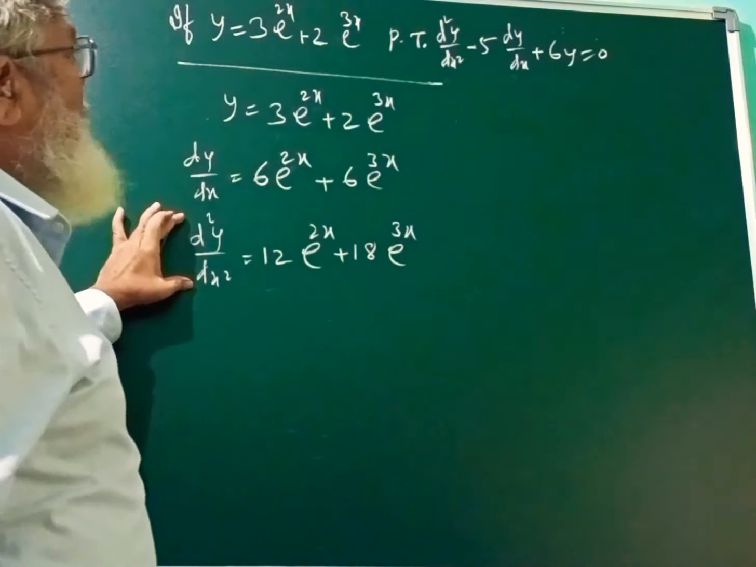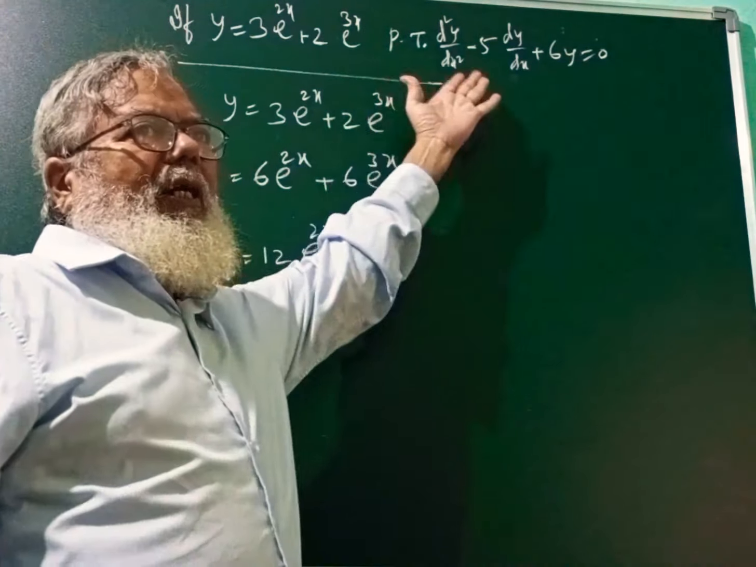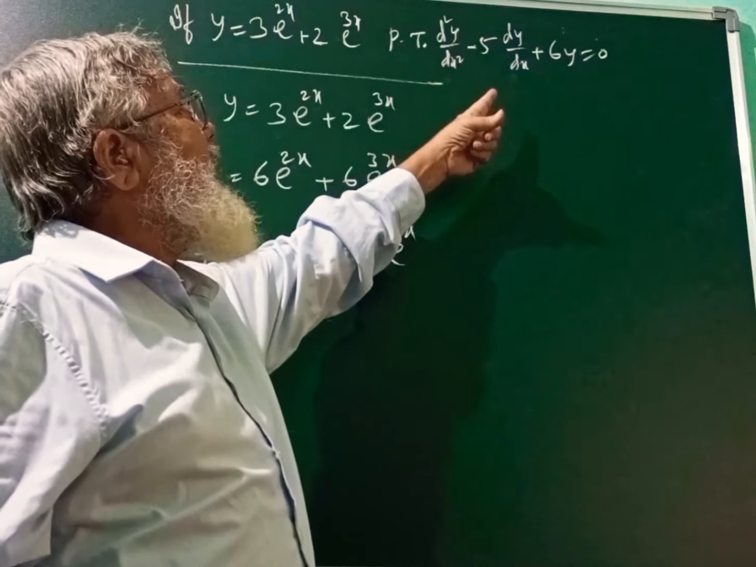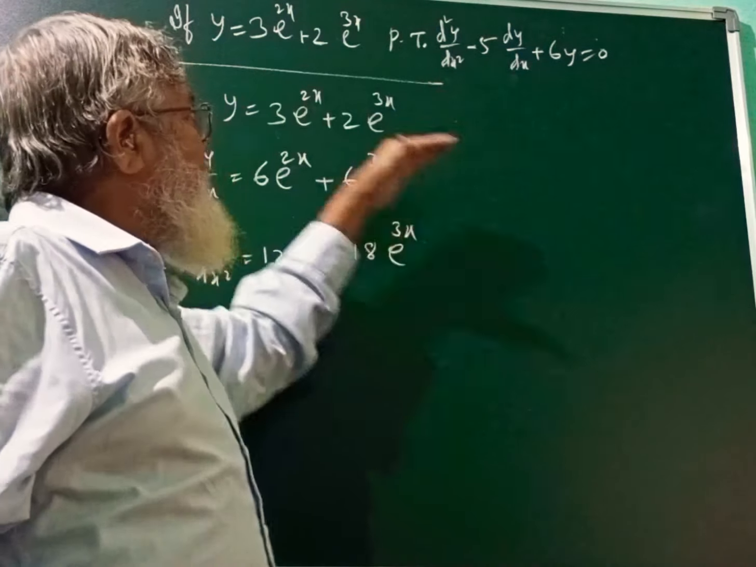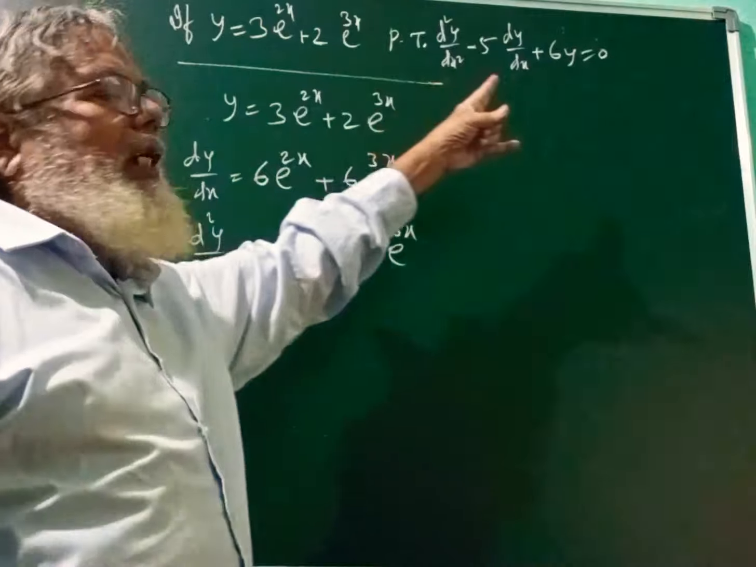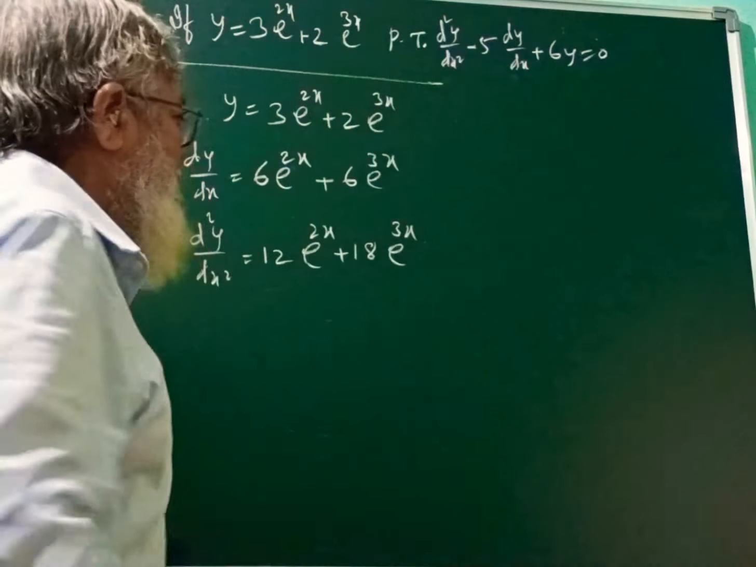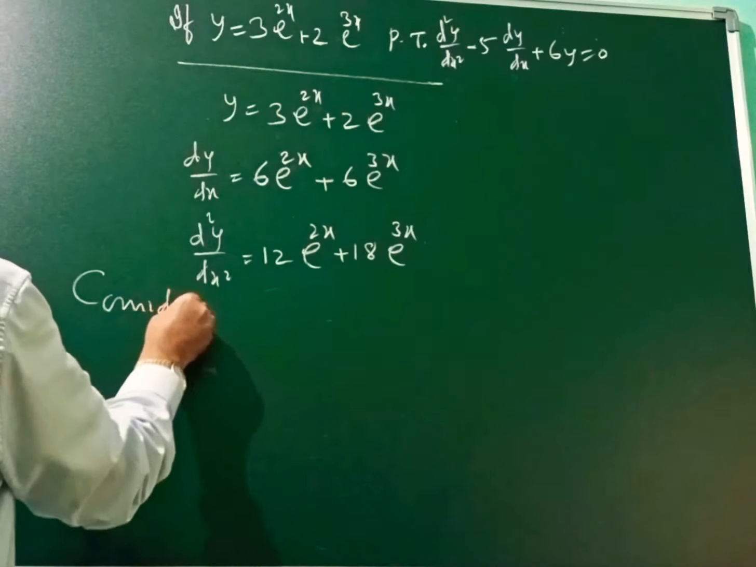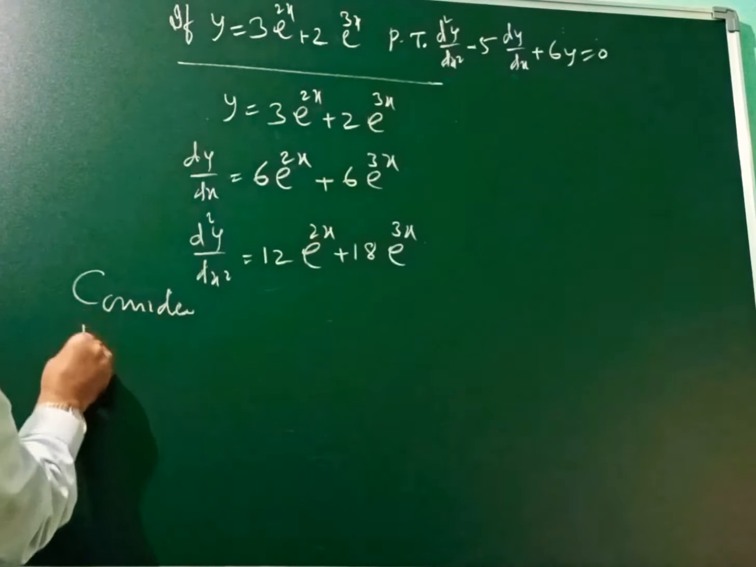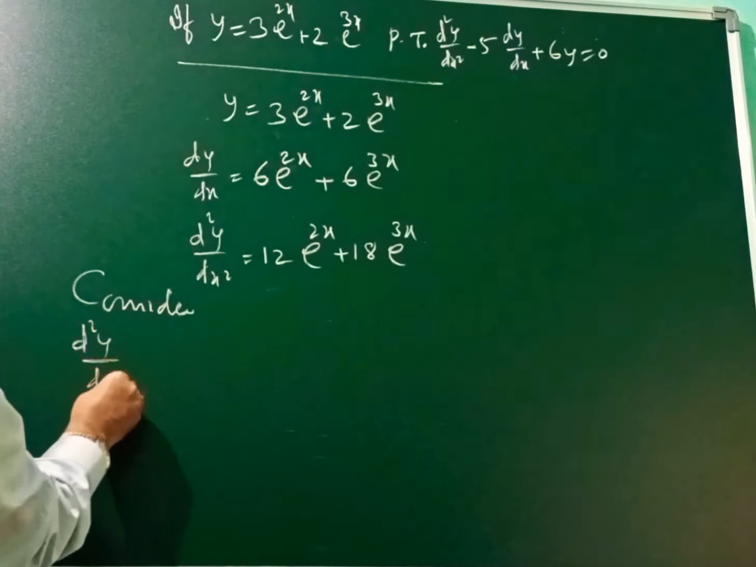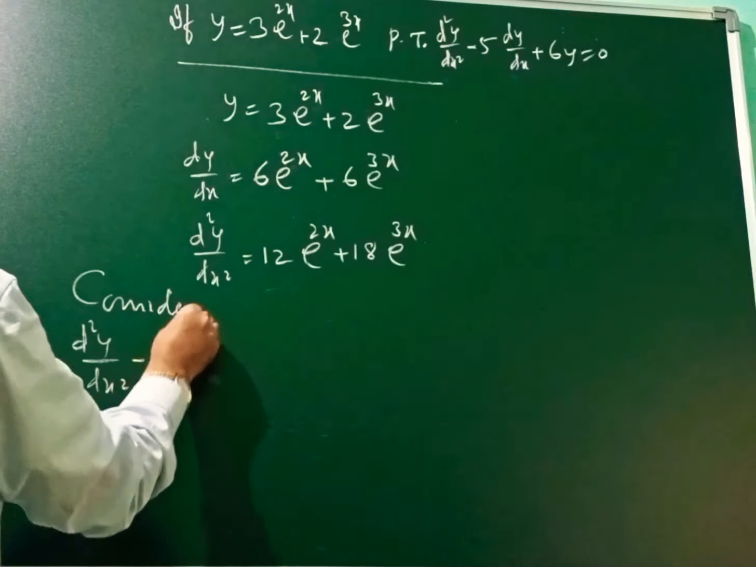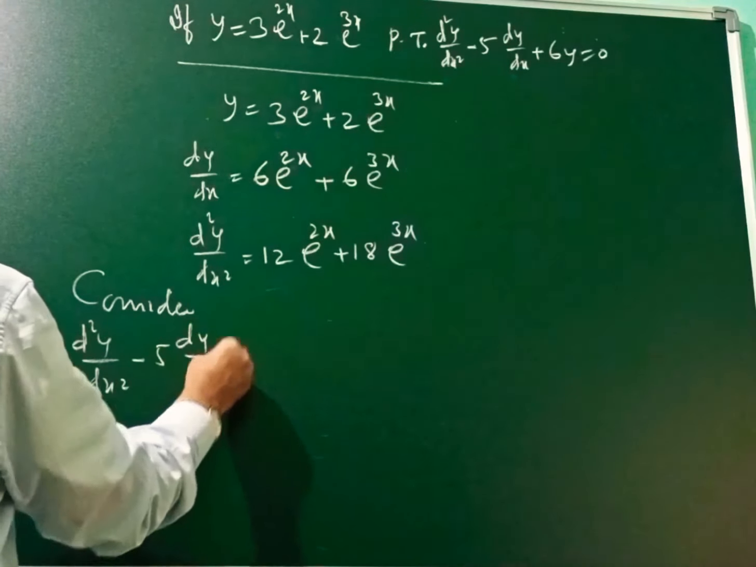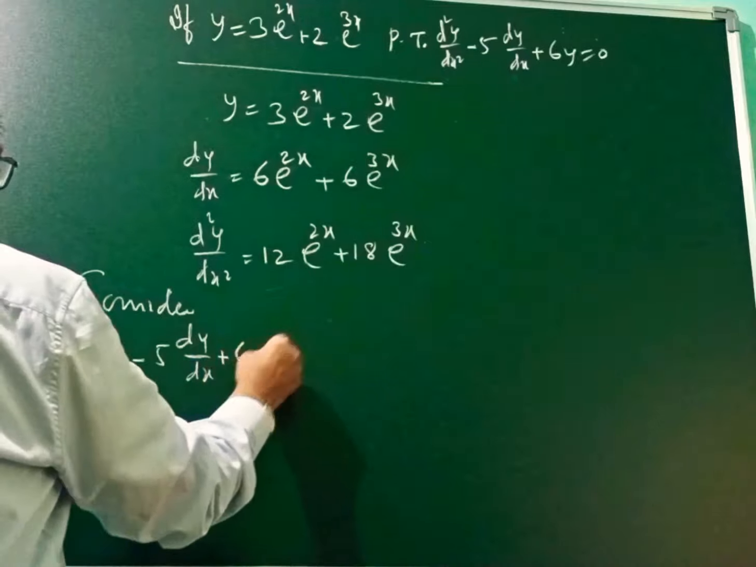From this it is not possible directly to get this answer. What we do is we take the left hand side, substitute these three values and show that it is equal to 0. So let us consider d square y by dx square minus 5 into dy by dx plus 6y